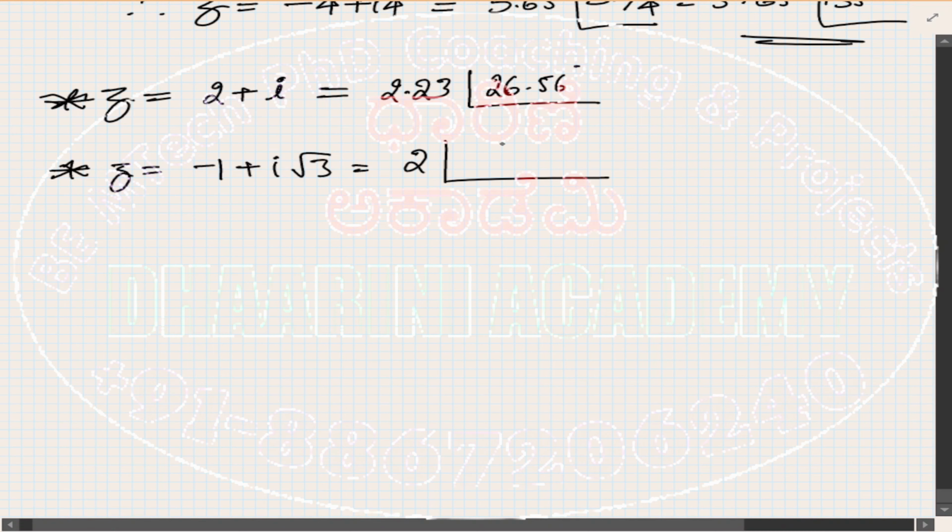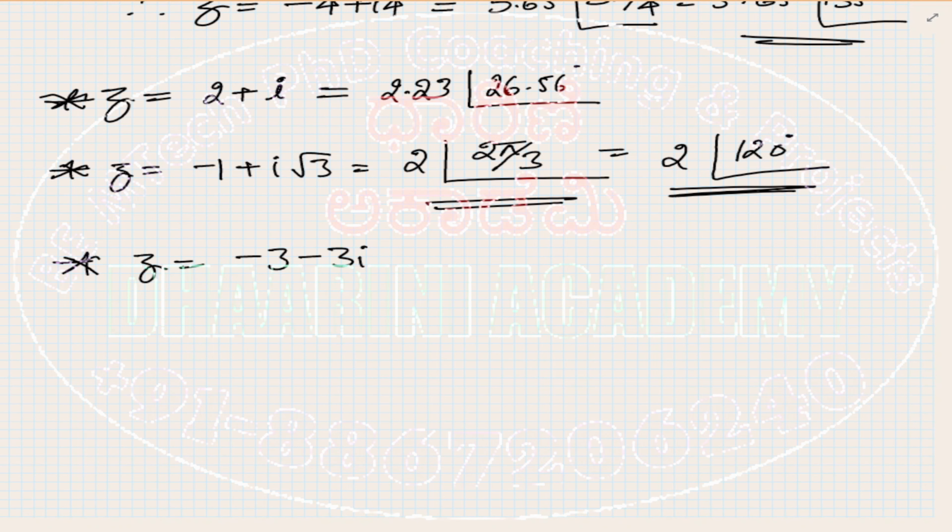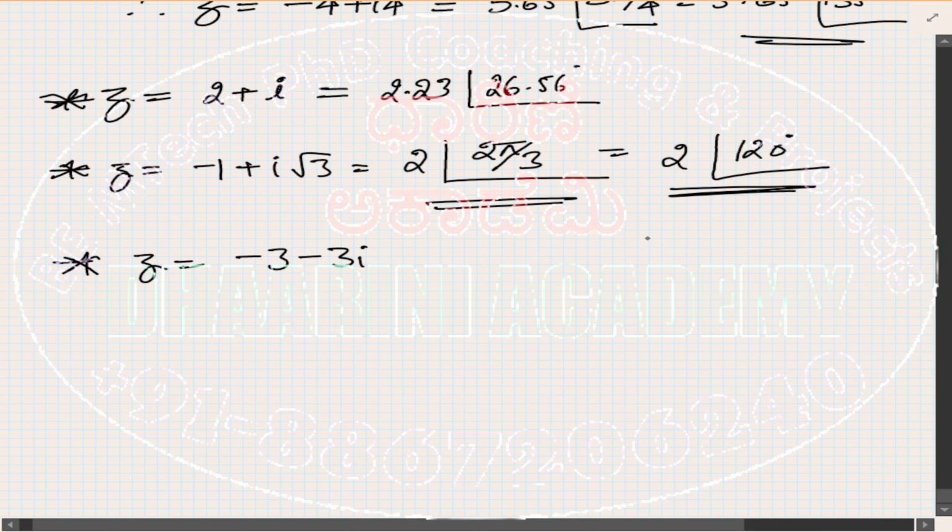If you want to represent theta in radians, this is 2 pi by 3, or 120 degrees. Okay, both are fine. Right, now let's move to the next type. This is z is equal to, say, minus 3i. Okay, now let's consider the coordinate geometry once, just to understand